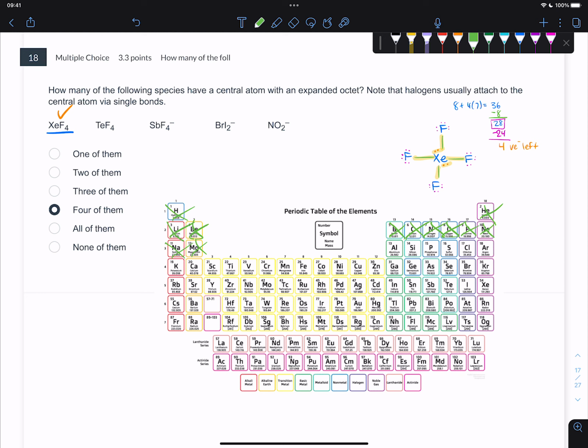So that's one clue. I mean, bromine is low enough. Tellurium is, did I say that right? Yeah, it's low enough for sure. Antimony is low enough, and xenon is low enough. So that's just a huge clue about expanded octets. But if you were to draw